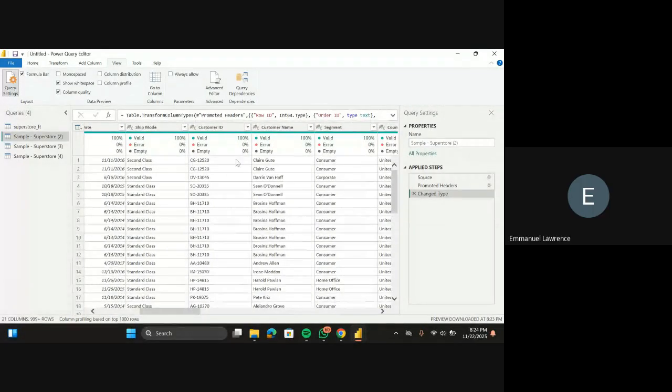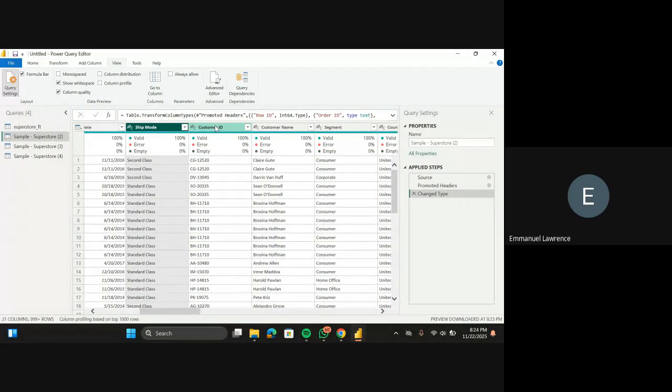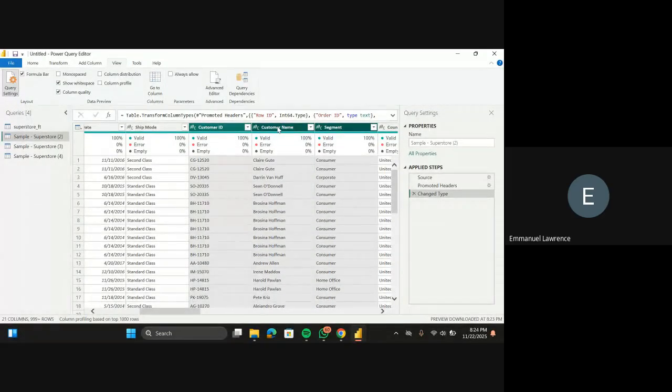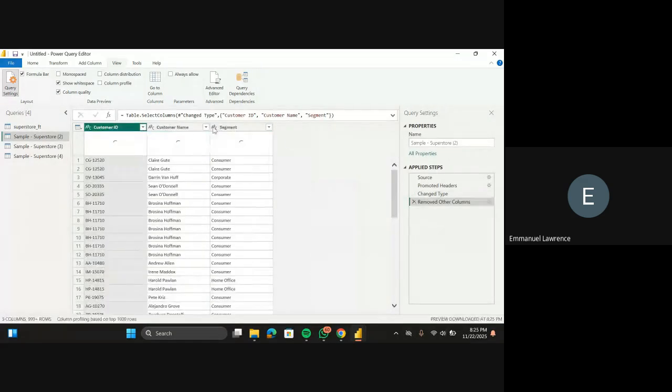So now I want this one to only contain my customer data, which is my customer ID, customer name, and segment. So I'm only doing for these three. I'm going to hold control on my keyboard, click on customer ID, then click on customer name, click on segment. Then I'm going to remove other columns that are present in this particular table. So to do that, I will right click and I'll click on remove other columns. I'm removing other columns because I only want the customer ID, the customer name, and the segment to remain here. So once I remove it, now we can say we have only customer ID, customer name, and segment.